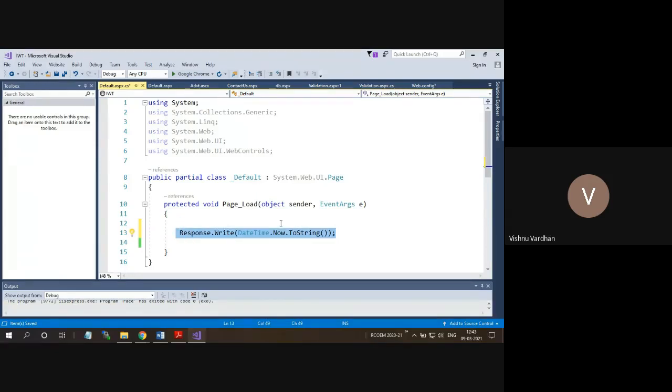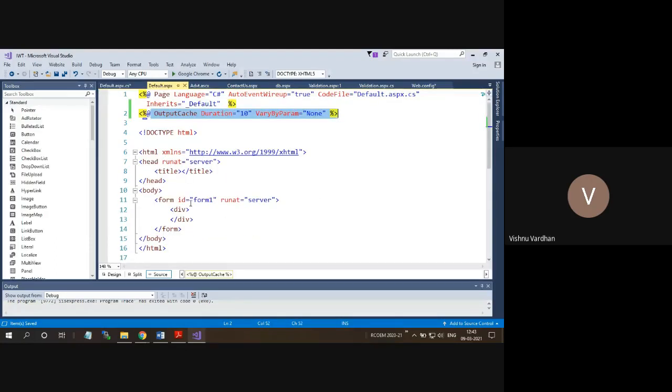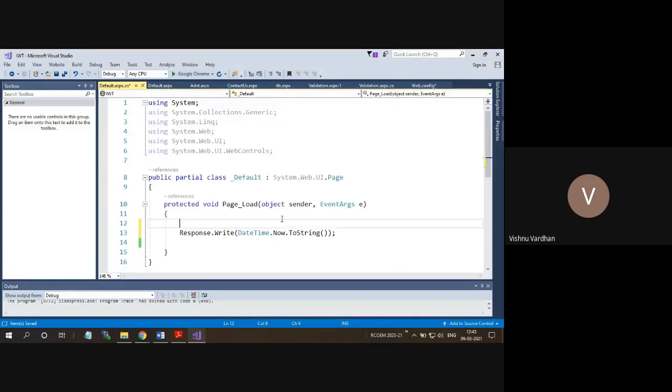Nothing extra, only one single line of code to demonstrate whether this feature is working or not. On this default.aspx source file, we have written the OutputCache with a duration of 10 seconds and VaryByParam equal to None. Only this much we have done, and we have not written a single line of code except to print this current time, not n number of lines in the page load event. So let us check how it is actually running.